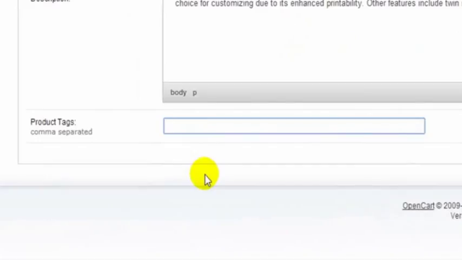So next we come to the product tags. Now the product tags don't have to be unique. They can be basically whatever you want them to be, and the reason why we put in product tags is to help our own site search find this product. So as well as being able to find the product by product name, which is Evaluate T-shirt, we might put